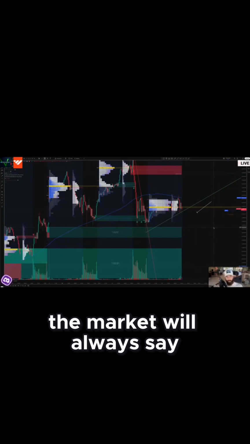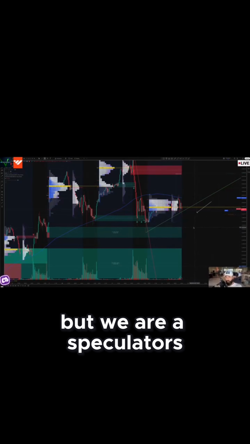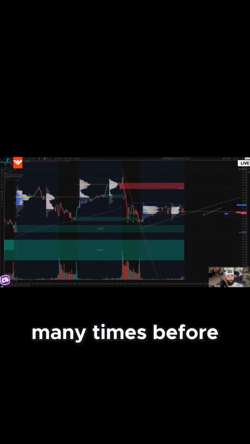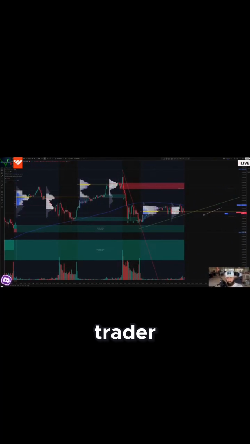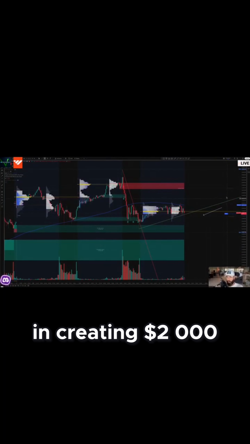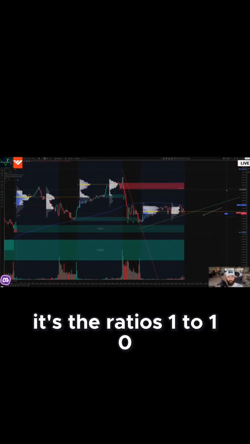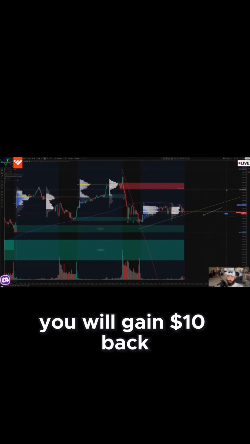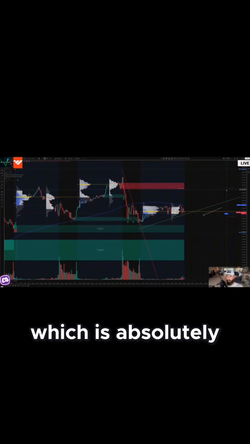Of course, the market will always have the last word, but we are speculators, and as I mentioned many times before, a trader is not a real trader, a trader is a risk manager. And if you calculated the risk accordingly and you're risking only $210 and creating $2,000, the ratio is 1 to 10. For every dollar you put at risk, you will gain $10 back, which is an absolutely amazing ratio